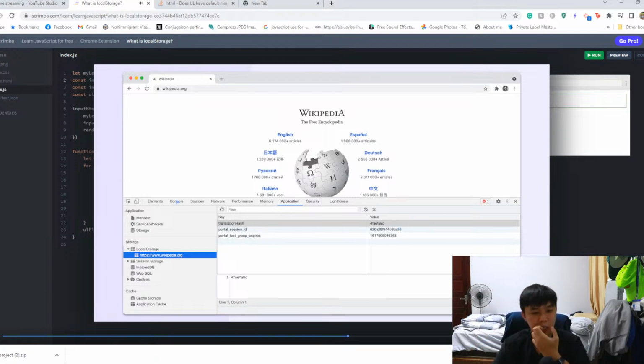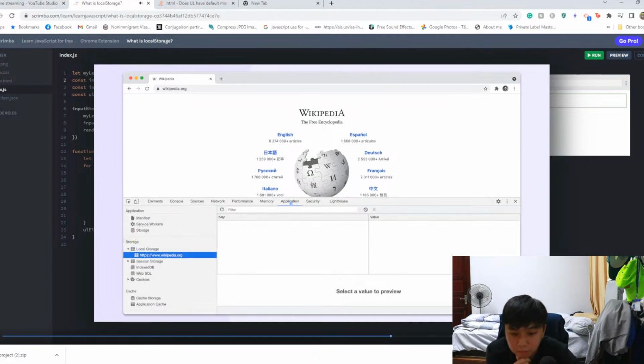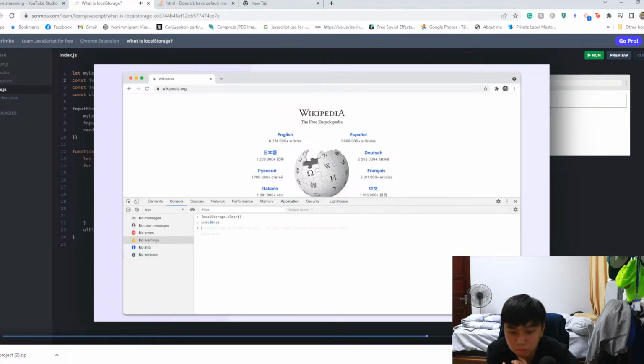If we hit on the console tab, open up the console, which you've previously seen, and then type in, for example, localStorage.clear, and open and close parentheses to call that function, and then navigate back to the application tab, you can see that we have cleared out all of the key value pairs in our local storage. So we were able to interact with these values using JavaScript. Going back to the console, we can yet again, for example, do localStorage.setItem, and then